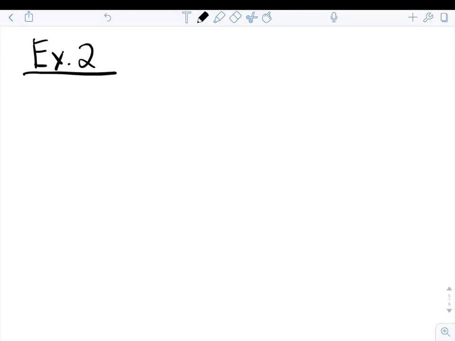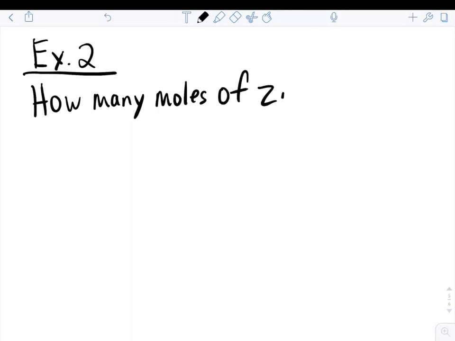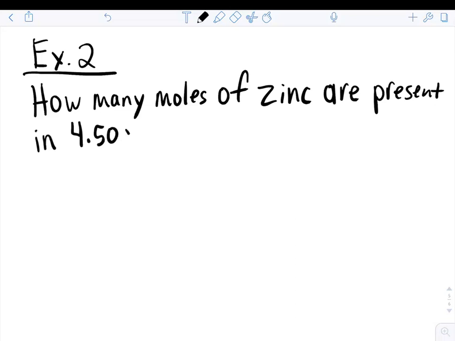So example 2 is: how many moles of zinc are present in 4.50 times 10 raised to the 24th atoms